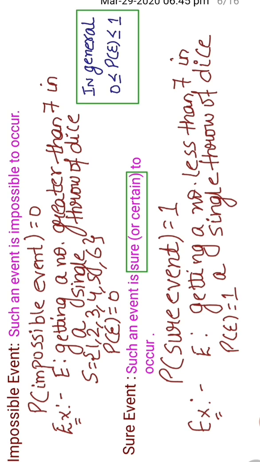Now in the general case, the probability of an event is greater than or equal to 0 but less than or equal to 1. So probability always lies between 0 and 1. So the minimum value of probability can be 0 and the maximum value can be